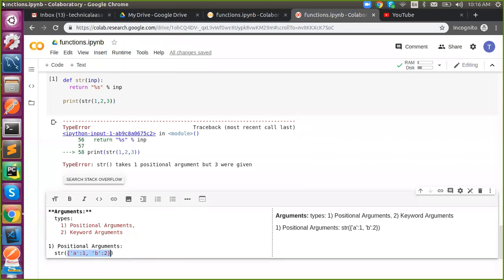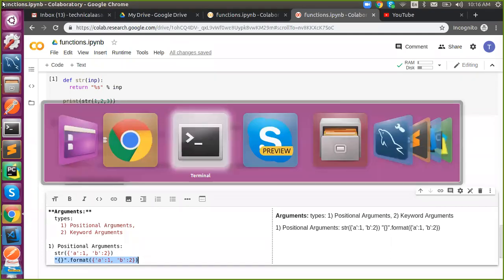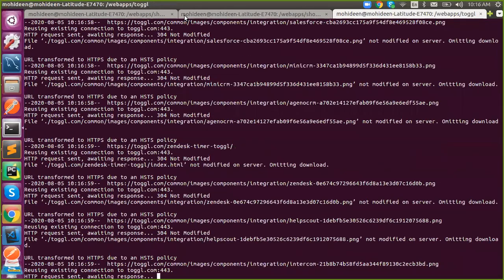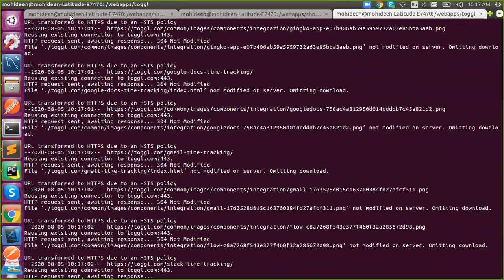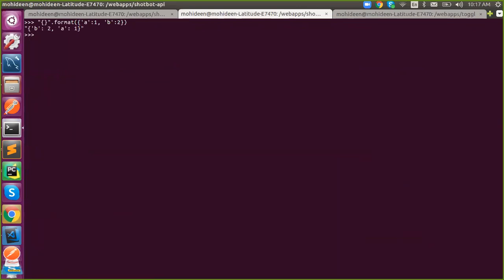We have seen a similar thing in format: when I do .format and pass the same one, the complete dictionary will reside there. Keyword means you need to specify the keyword. Do we have any keyword? No, we need to assign. Now it will work. Now it is keyword.